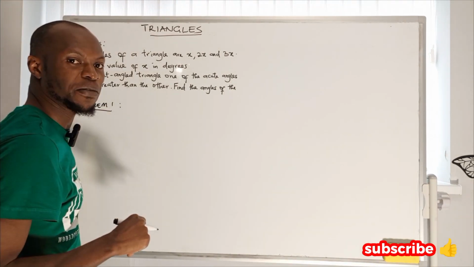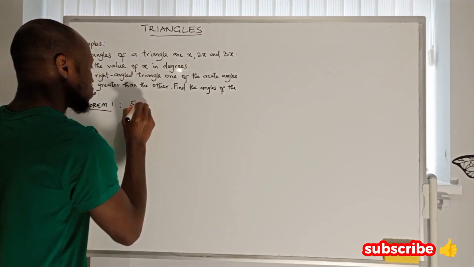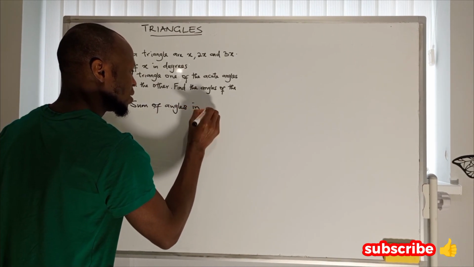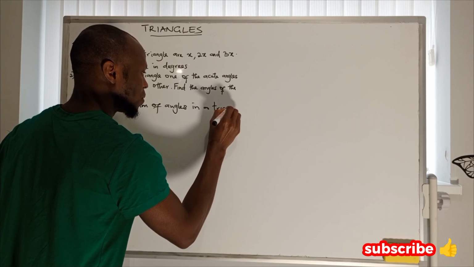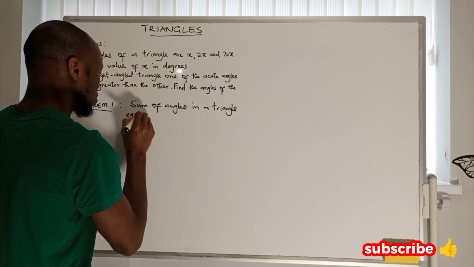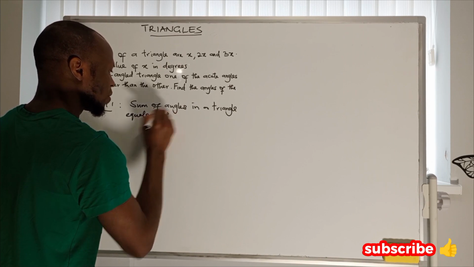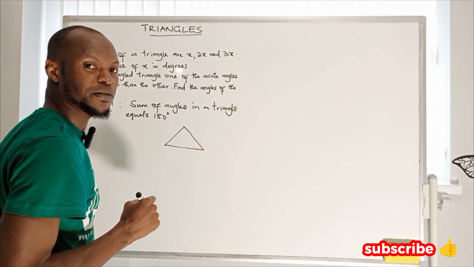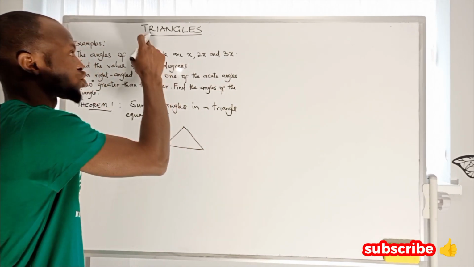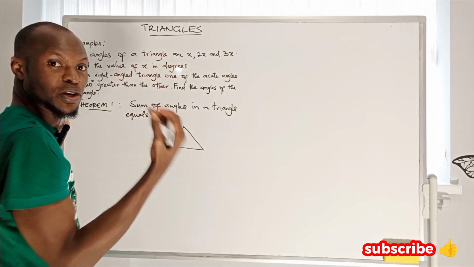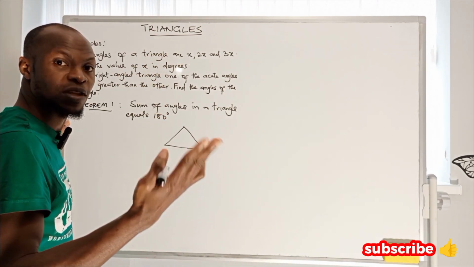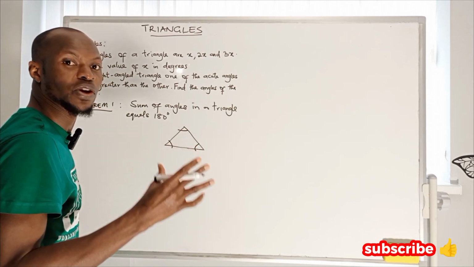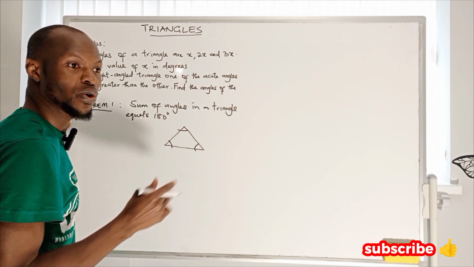There is a theorem of angles in triangle that says sum of angles in a triangle equals 180 degree. Okay, when you have any form of triangle, don't forget we call it triangles from the word three angles. So a triangle must have three angles and three sides. So the three angles, if you add them together, it must be equals to 180